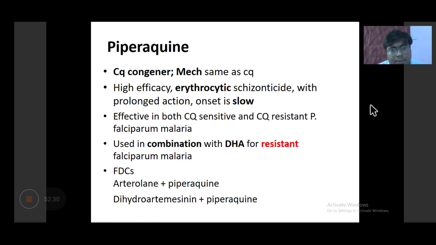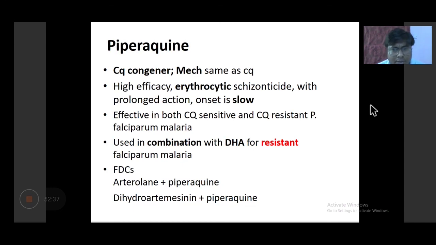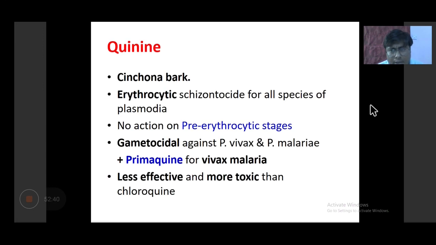Now, arterolane-piperaquine combination is available, and dihydroartemisinin-piperaquine combination is available. So let's come to quinine, which is an